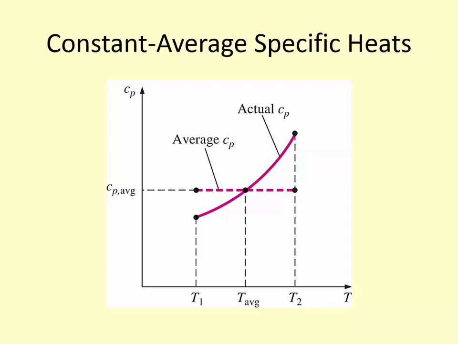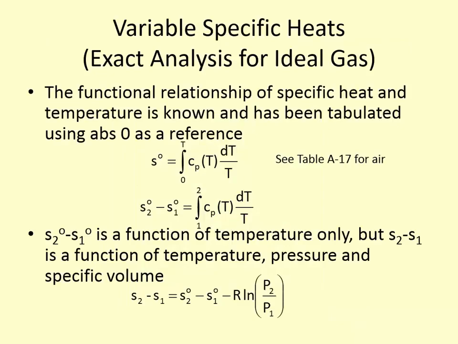So again, constant average specific heats, we've talked about that in previous classes. Hopefully you understand how it works, how to solve for it. We're going to assume that. If we can't make that assumption, if we know a functional relationship between C sub P and T, we can actually calculate that integral. And there are some substances for which we know that functional relationship between C sub P and T,